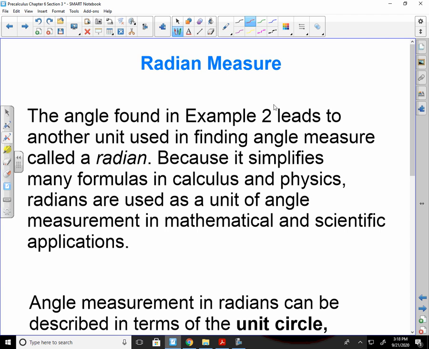The angle that we just found in our second example leads to another unit used in finding angle measurement that's called a radian. So we keep switching our calculators to degree mode,